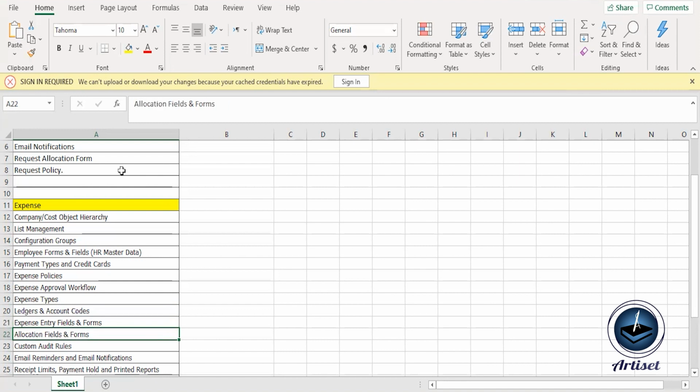Allocation forms and fields. If an employee is cross-charging an expense to different cost centers or internal orders or WBS, then we have to configure the allocation forms and fields so that an end user can see and select the different